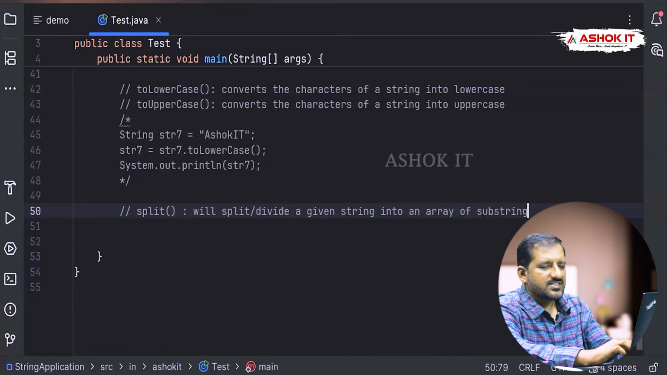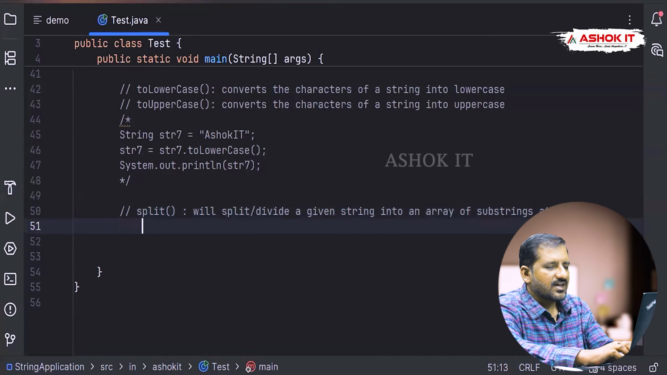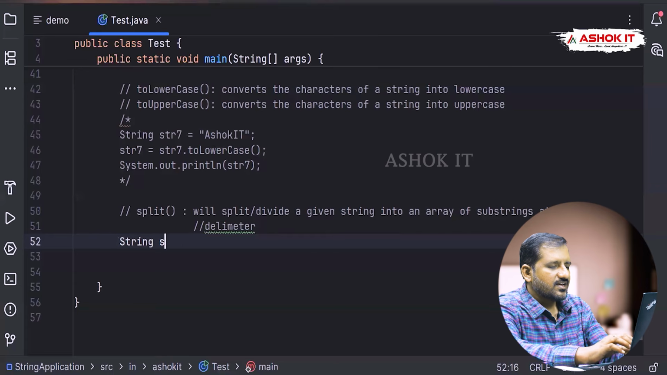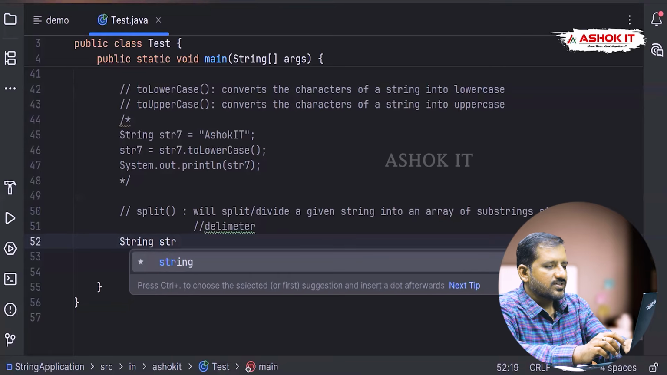An array of substrings at the given delimiter or separator. We can use split at the given delimiter. It is going to do that at the given delimiter or separator. So consider how we are going to work with this. Suppose we have a string like this: a string str8 equals